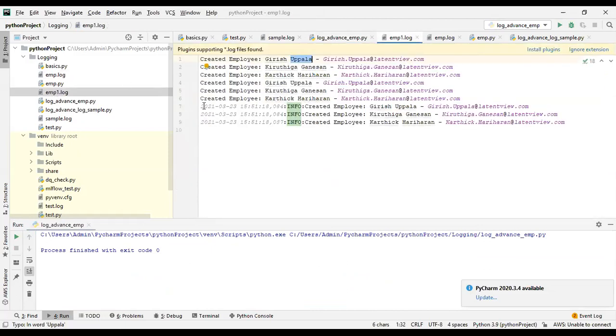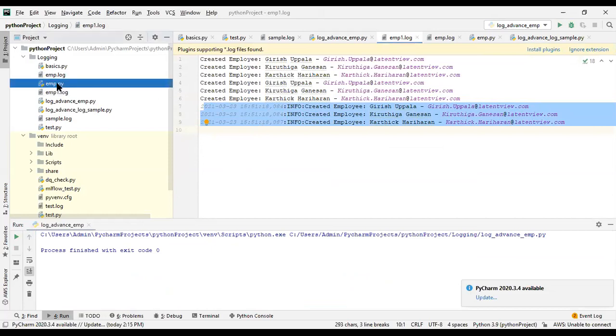See. Now I want to split the information.